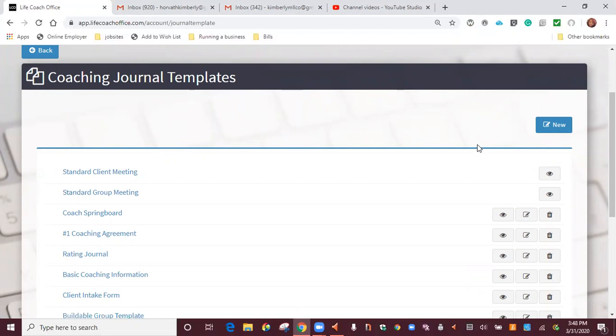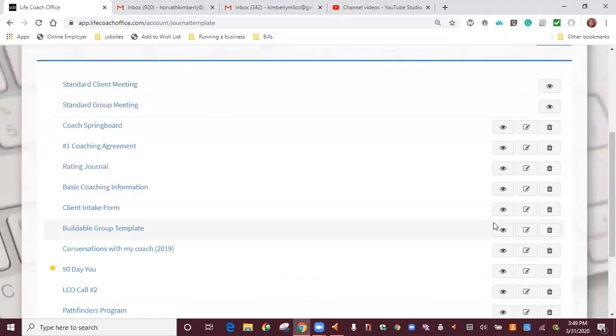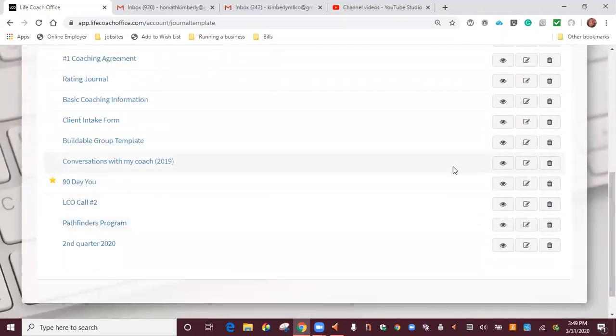Now, one of the things that I want to show you is how to select a default coaching journal. That would be the coaching journal that is chosen for every meeting request that you send out. This will stop you from having to always go in and select a journal if you're not using the standard client meeting. As an example, if you would prefer to always use the client intake form as your default journal for your meetings,